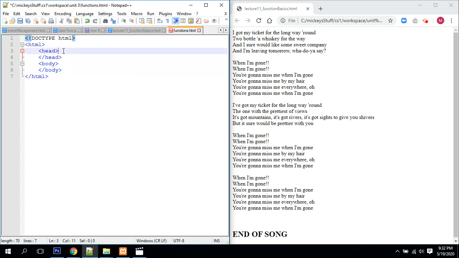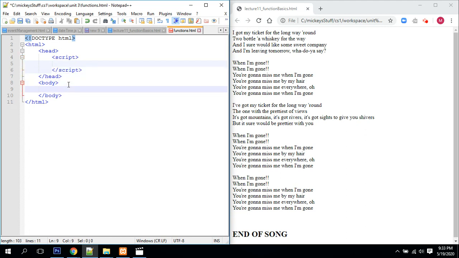All right, now you can write your functions anywhere that you want. I tend to write them here in the head, but again, they can go anywhere that you want. So what I'm going to do here in the body is I'm going to write a script, and in that script in the body,